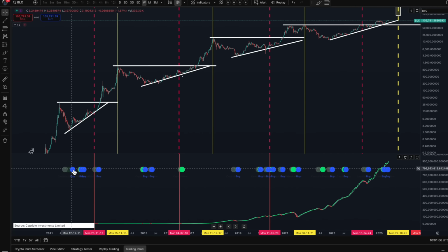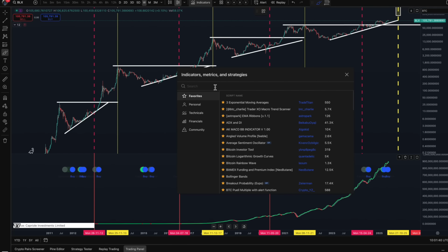In the last 5-6 years, if you've been watching my videos, you'll know that I've been using this hash ribbons, that whenever we flash this, we do tend to get quite a big rise after the blue dot. Before I show you the measurements of the previous dots that we've had, for those of you who are interested in this indicator, if you go to the indicators and type in hash ribbons,